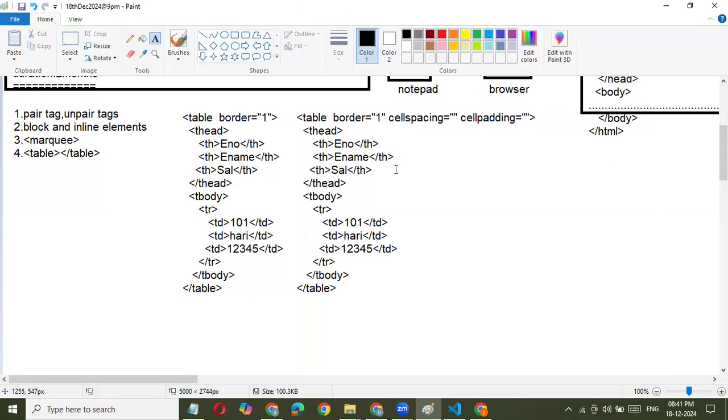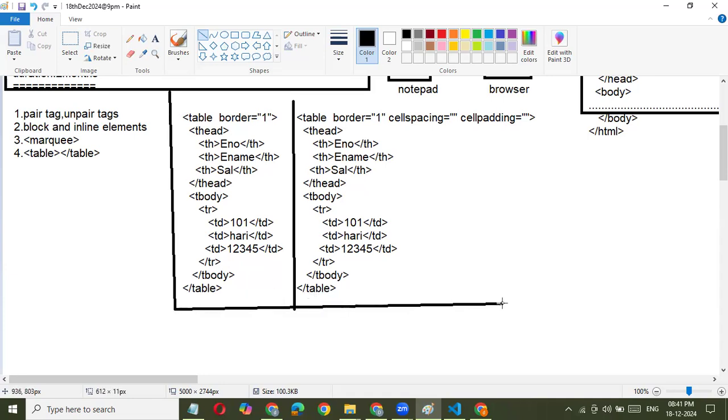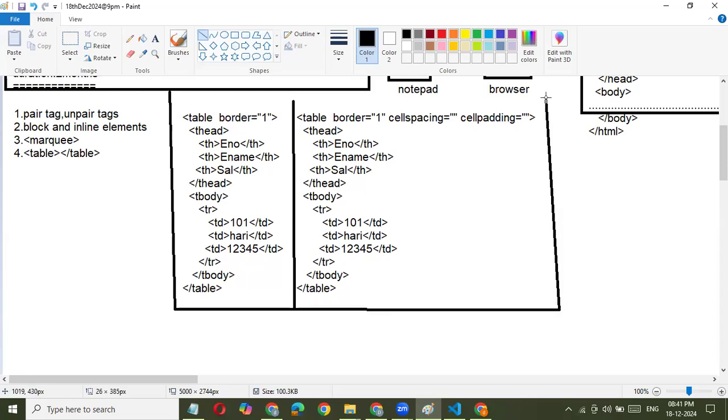Next, if you want to merge the columns and rows, we will use colspan and rowspan. So let me continue on this table. Here, what all table tag content do we have? Let me show that. Here it is one table, under this table tag,